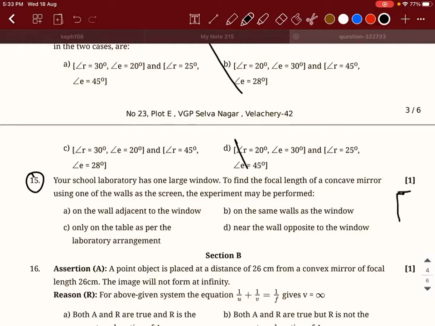So here is the wall, light is coming through it, and we need to use the wall as the screen, and it's a concave mirror. So where should the screen be used? Sir, I think near the wall opposite to the window. If you use it, see, opposite to the window will be here. But what will happen? The light which is falling will start bending away, no? So when it gets bent away, where will it go and fall again? On the same wall that contains the window, no? Yes, sir. Yes.